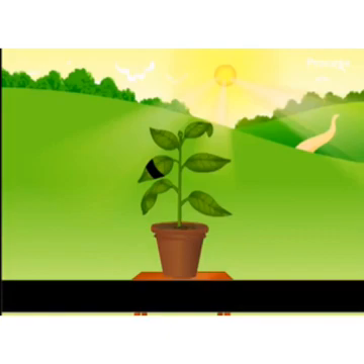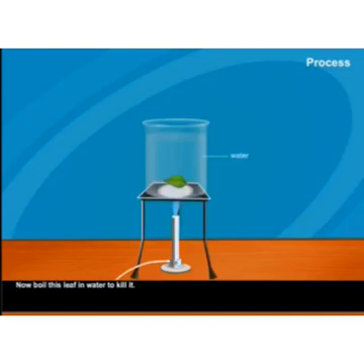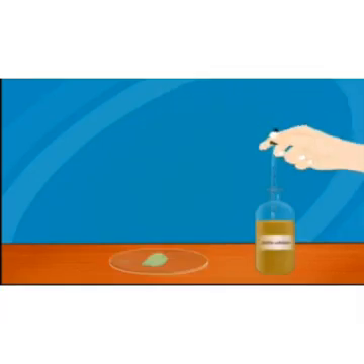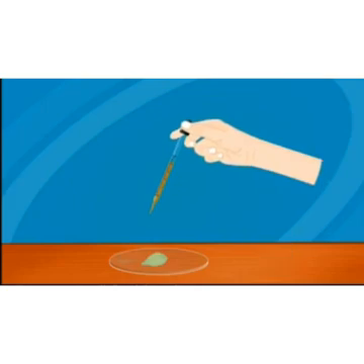After 1 day, pluck the leaf and remove the black papers from it. Do the starch test on the leaf using spirit and iodine solution. You can see that the part of the leaf covered with black paper does not turn blue, whereas the other parts turn blue. This activity proves that plant food starch is made in leaves.